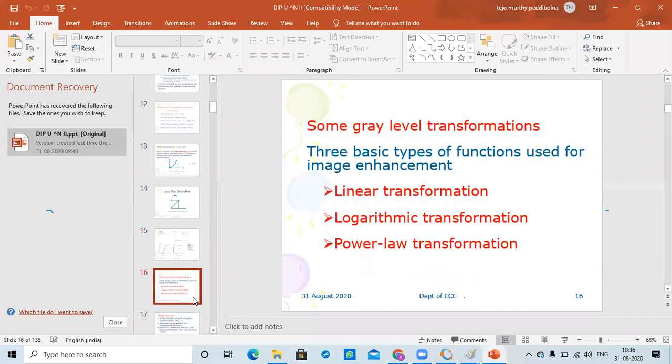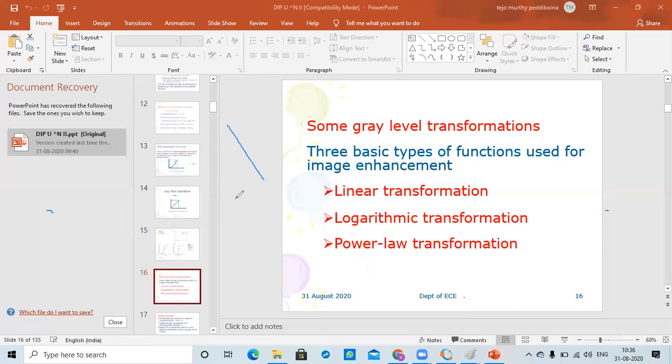So gray level transformations, there are 3 types. There may be linear transformations and logarithmic transformation and power law transformations. That means, let me explain with some example. Then only you can understand. Without example, you cannot understand. So for each one, you have to take one example and try to understand this.